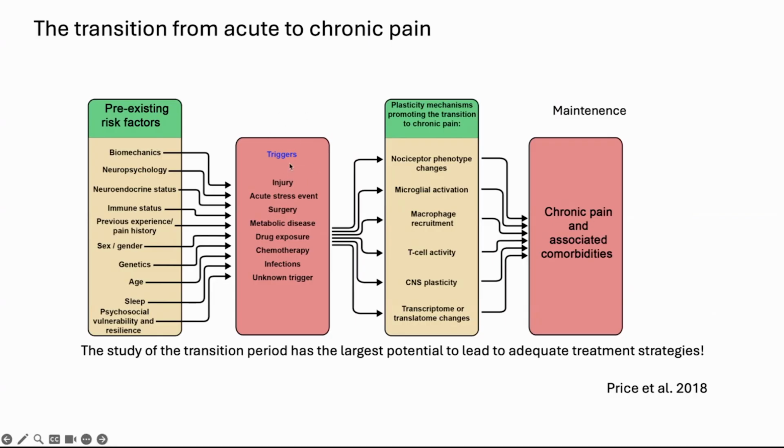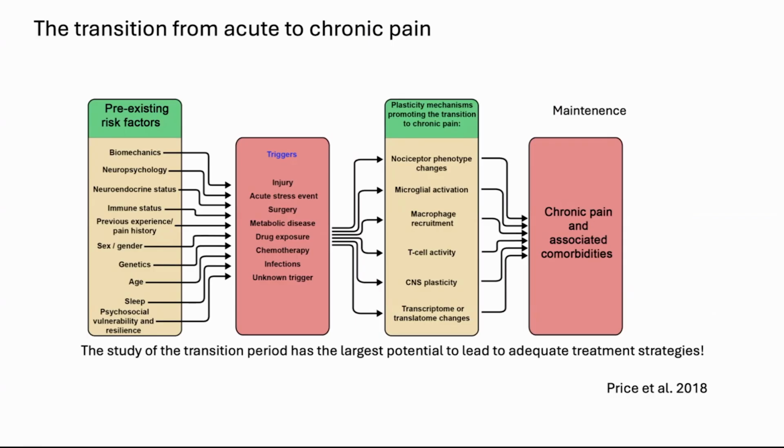Now, of course, there's going to be a trigger for the pain, which typically is an injury. And of course, this also relates to the outcomes, mostly because of the mechanisms that caused the injury in the first place. But perhaps more interestingly, after the injury, over time, there are a series of physiological events that will take place and increase the risk for the development of chronic pain if they are not reversed. These include, as I mentioned very briefly before, peripheral sensitization, either caused by the sensitization of nociceptors or ongoing inflammation, sensitization of spinal cord dorsal horn circuitry, and also several changes in the brain, which we will explore.